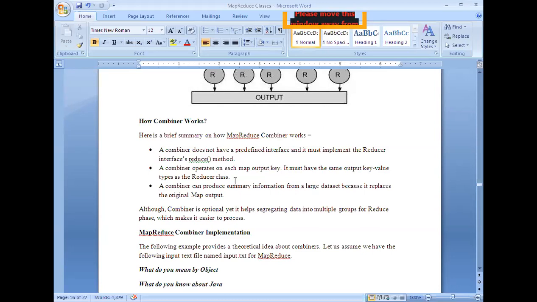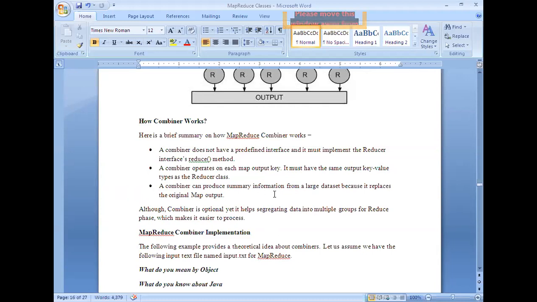Otherwise what happens? Suppose the combiner function is producing an output in some XY format, but the final reducer output will be produced in YZ format. What happens in that case? There is a clash between the outputs which we are expecting and the outputs which are produced, which are entirely different. So make sure that the output format of the combiner function is the same as the output of the reducer function also. Here we are talking about formats.